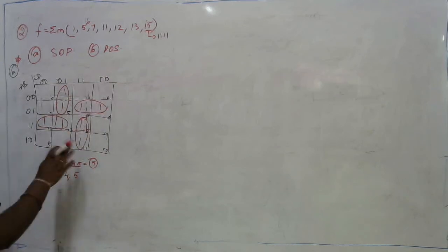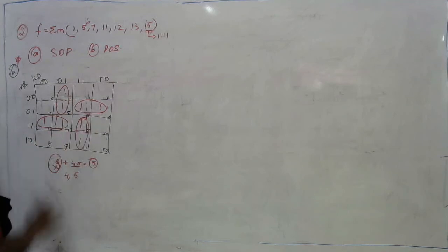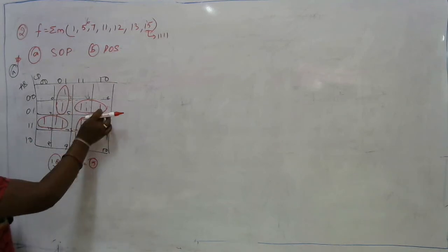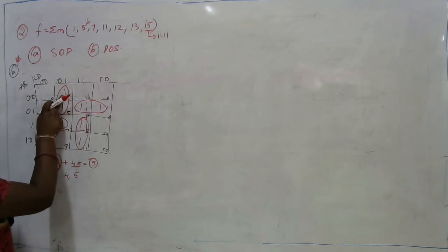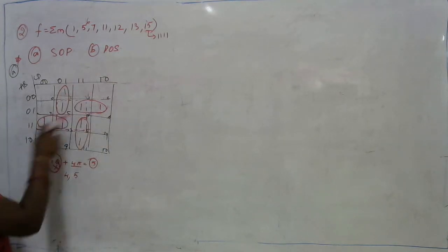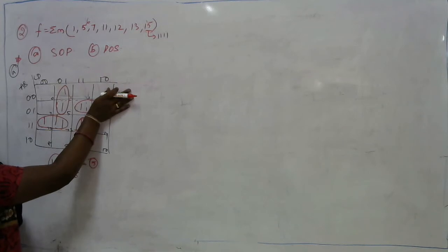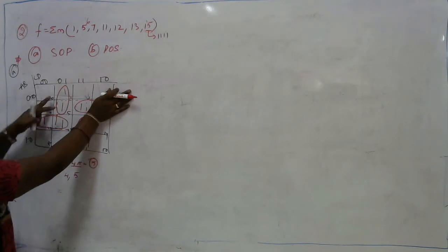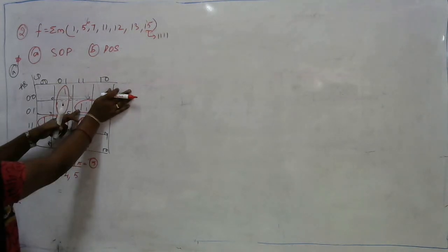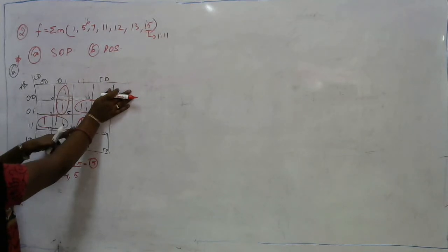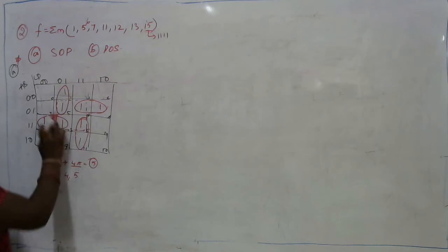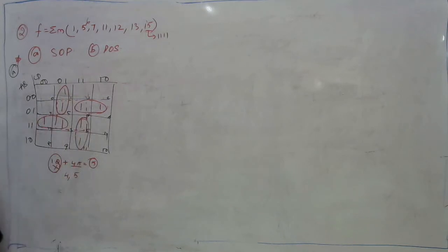So here in this problem, don't make it as a quad, just make it as only the 4 adjacencies. If any one of 1, 6, 12 or 11 is not there, for example if I am not considering the 6, at this time I will be getting 3 adjacencies as only 1 is left over. This one should be adjacent either with 5 or with 15. At that instant of time, we need to do these 3 adjacencies followed by a quad.